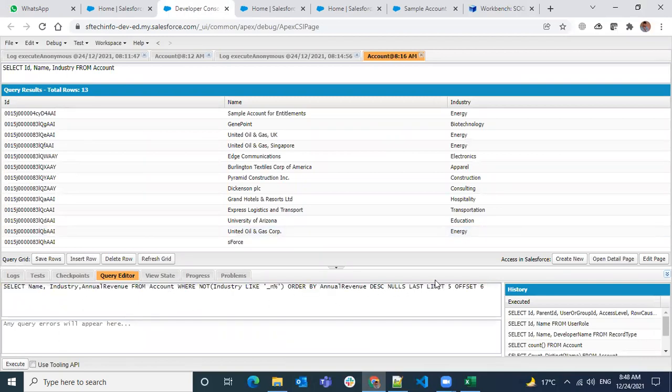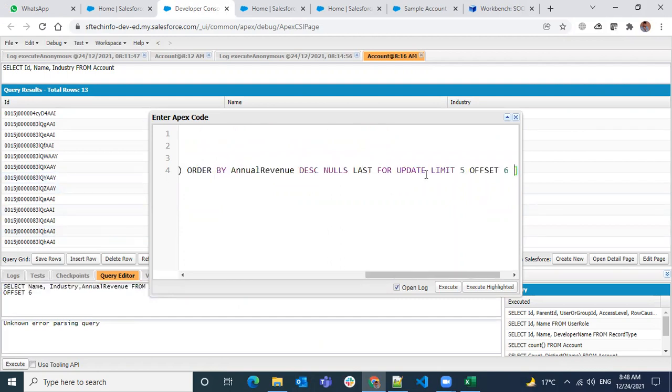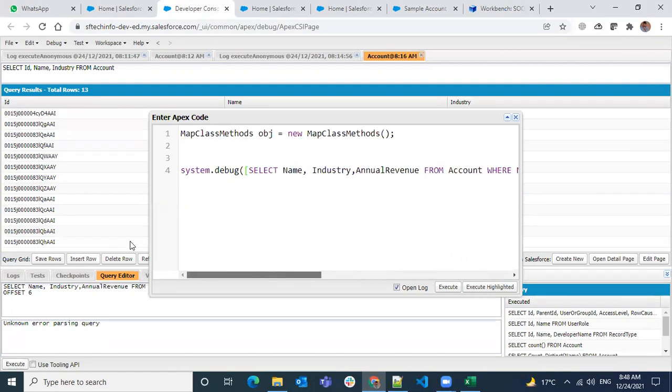For limit, if you're trying to do a for update, same thing here also, and maybe I think it will work over here. Why? Because it's the Apex kind of thing. For update, and let me try to highlight it.